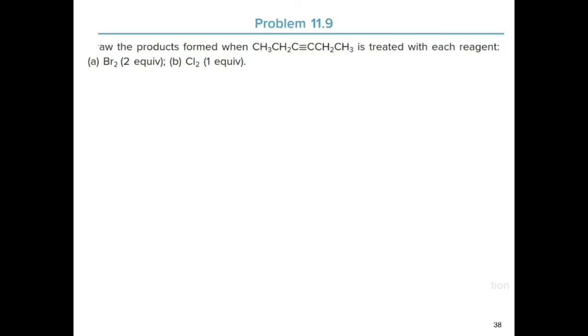So here's practice problem number 9. Draw the products formed when hexatriyne is treated with each reagent. So the first part here, it says 2 equivalents of bromine, and the second part 1 equivalent of chlorine. And so for the first one,